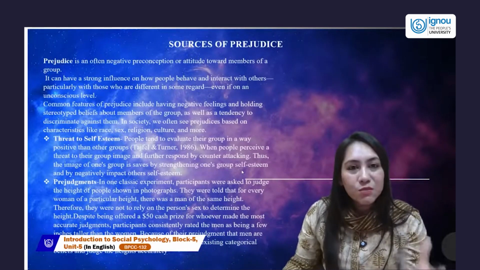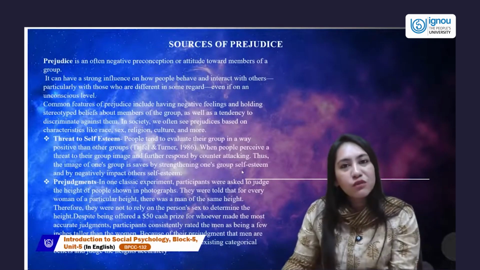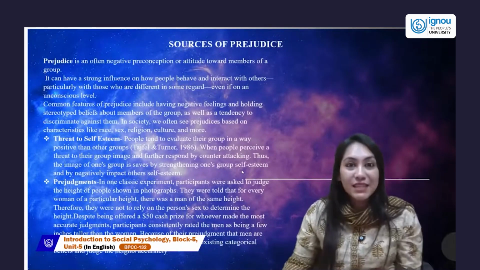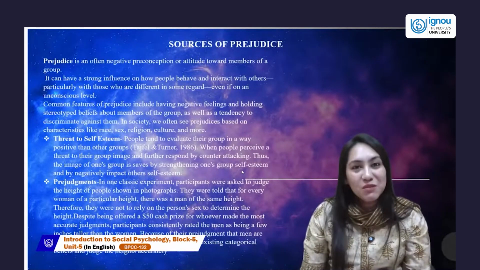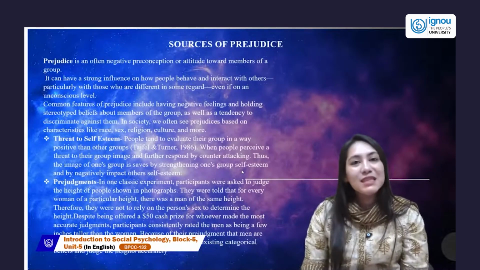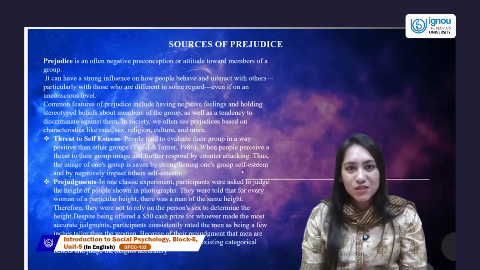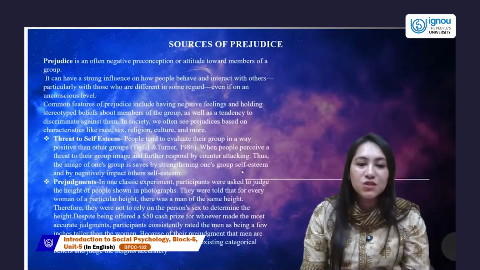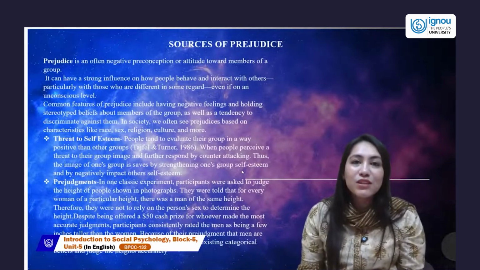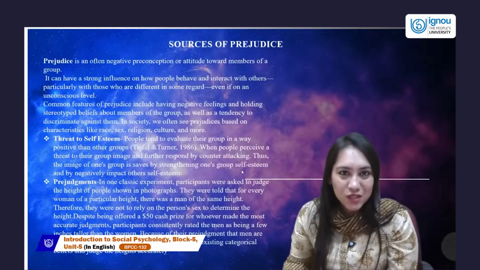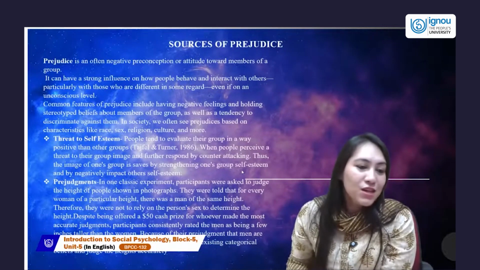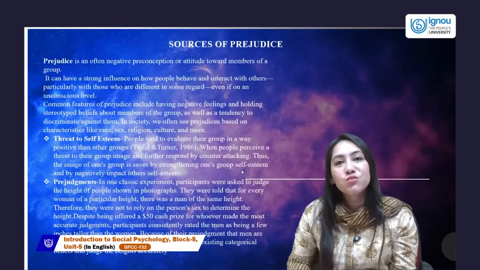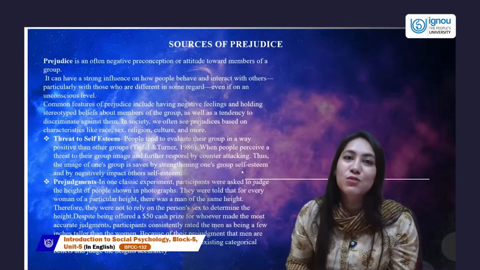So here also, despite being told that you will get $50, you have to say that if the woman is 5'3", the male can also be 5'3". They still did not. They actually made a presumption, which is a prejudgment, that these men would be taller in height in comparison to the women that they were seeing. Because of their prejudgment that men are taller, the participants were unable to dismiss their categorical belief, the belief that is based on individuals' gender category. We did not dismiss that. So that is happening because of prejudgment. We already have a prejudgment that obviously males tend to be taller.